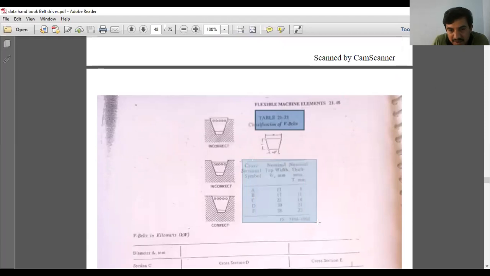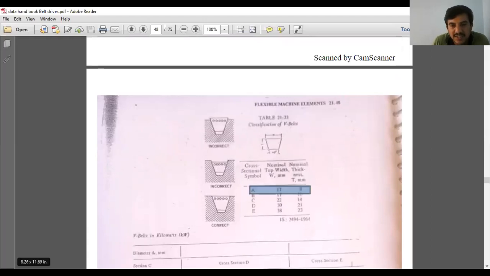From this table, based on the cross section, if it is A, what will be the top width? W is 13 mm, right? Thickness is 8 mm. Clear? Again, this is the way you have to select the cross section of the belt.